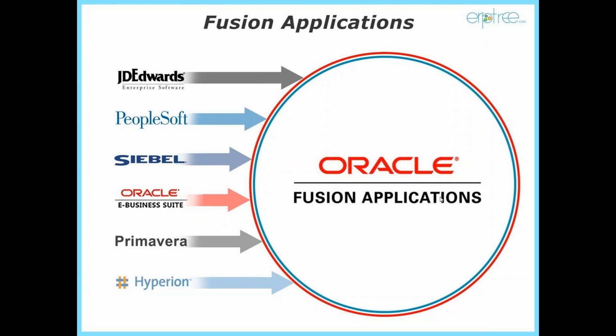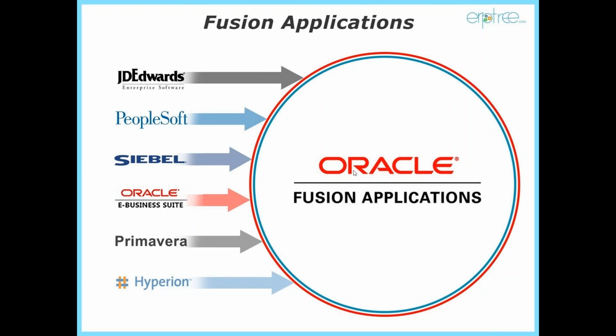When we work on the Fusion applications, whatever financial solution you see within Fusion applications, they took from Oracle E-Business Suite. The CRM solution you see in Fusion applications is from Siebel. And HCM, human capital management, which is HRMS in EBS, they took from PeopleSoft. From JD Edwards, they took some SCM solutions, and from different applications they also took some pieces of solutions and included them within the Fusion applications.